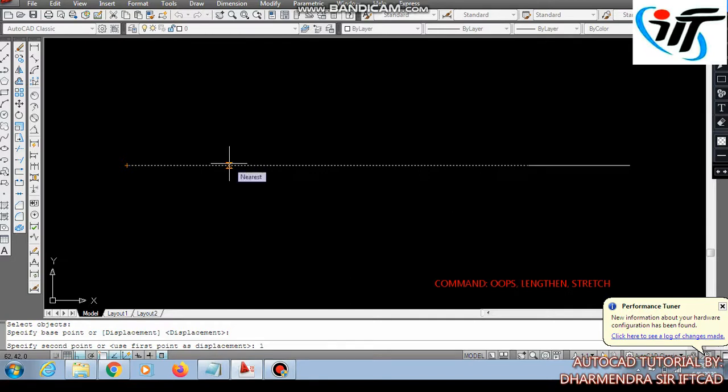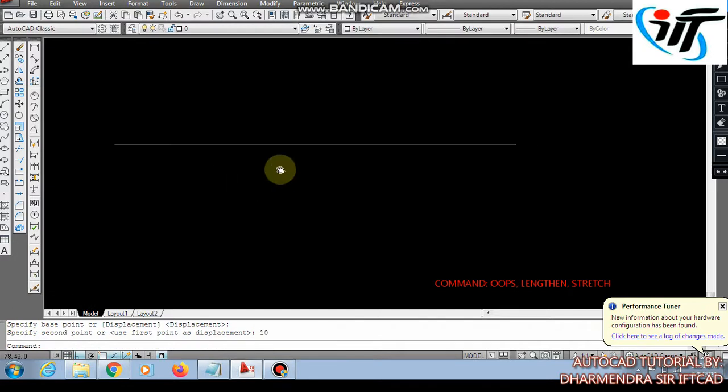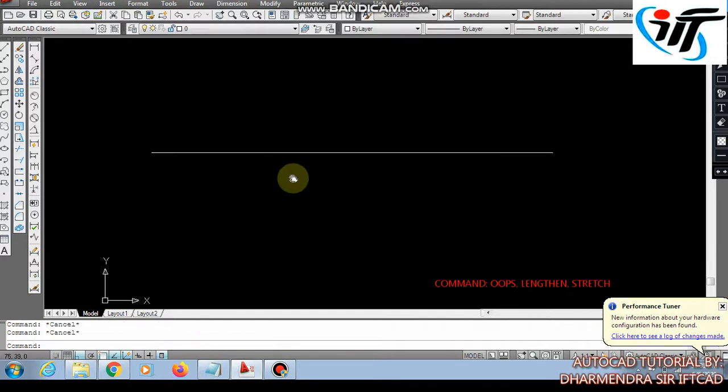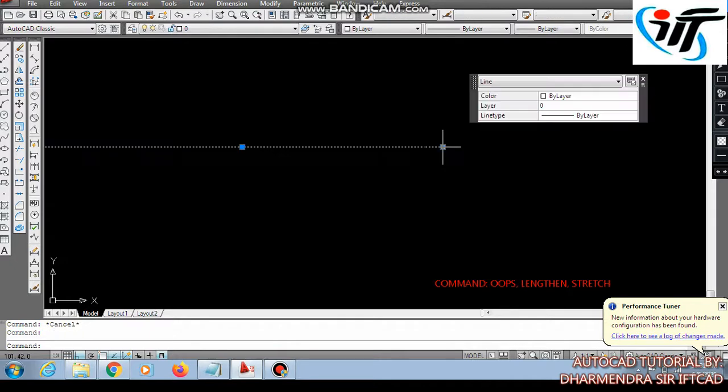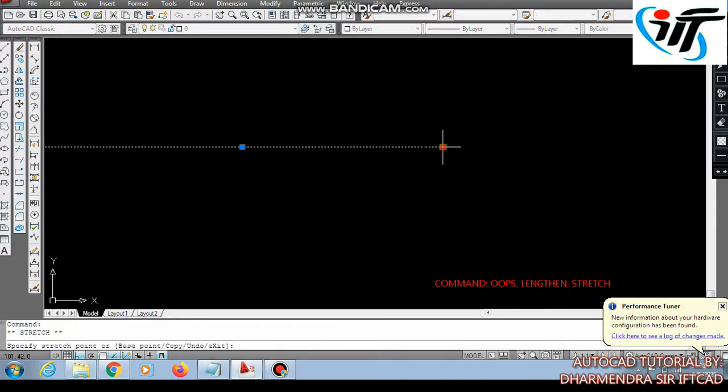I am providing here 10 mm. It will displace by 10 mm from the base point. Now stretch is also used to increase the size of or increase the length of a particular object. Through double clicking we may extend the size of line.